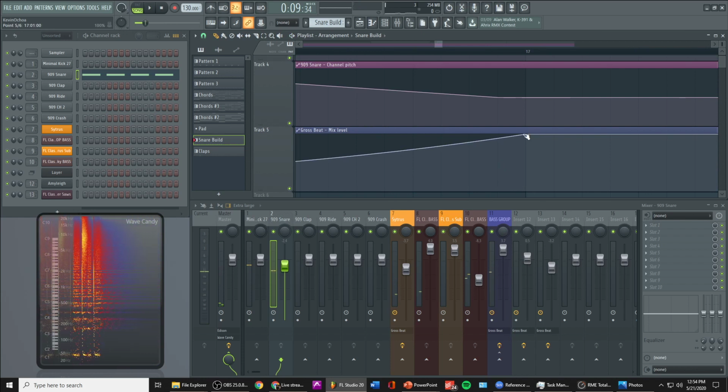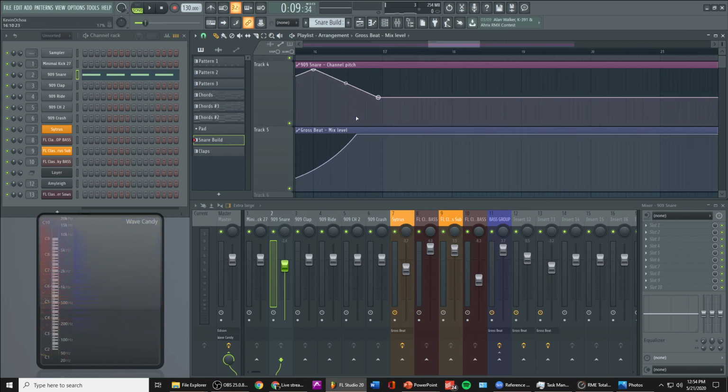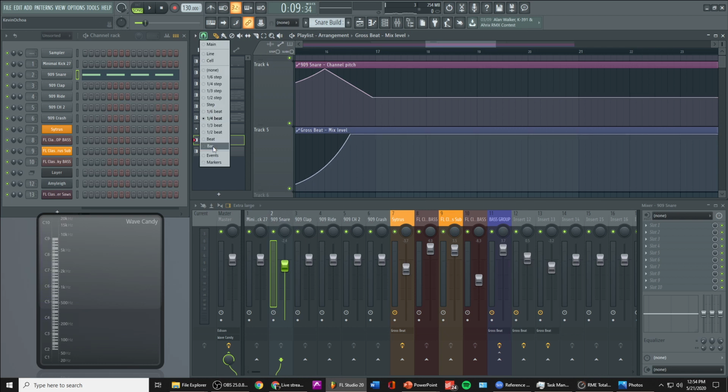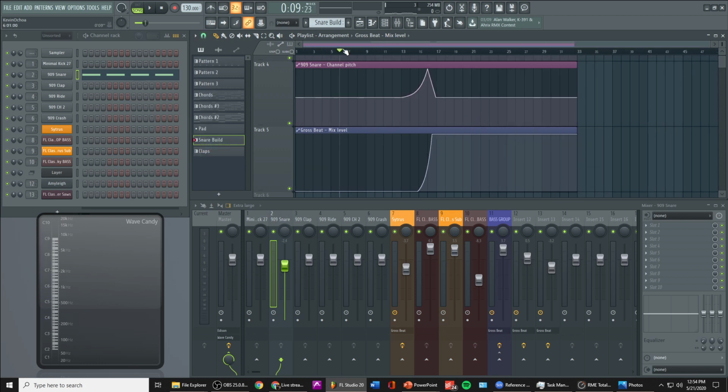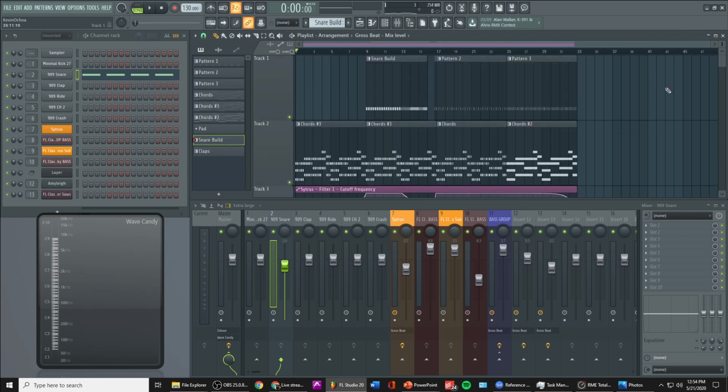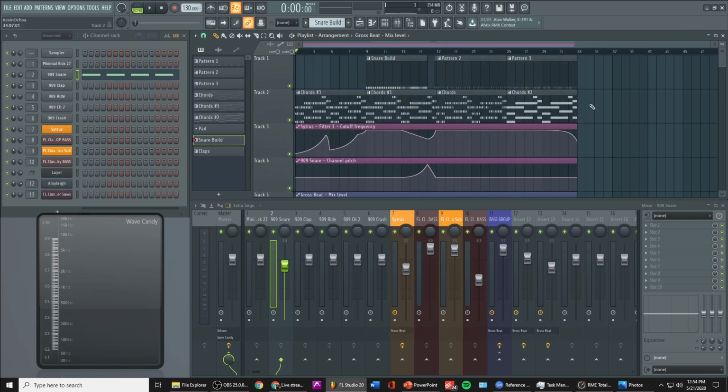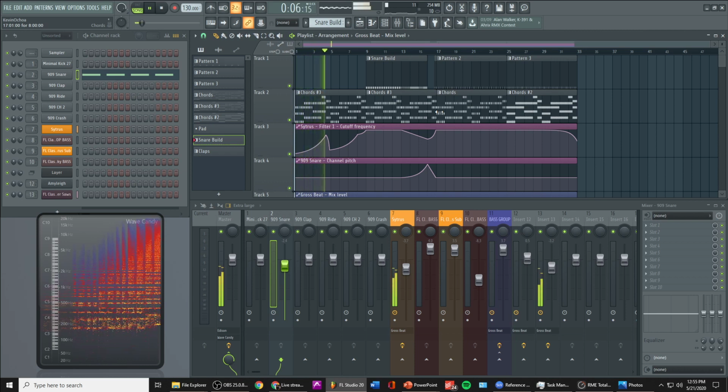Again, you're going to make sure that the Gross Beat level comes into 100 before the actual Gross Beat kicks in, because if you don't, then it's going to be out of sync. And that happens basically with any stutter or any effects plugin of that nature, where if you don't link them up properly, they will go a little bit off. It's almost like adding swing, but then if the swing was moved off to a different side,